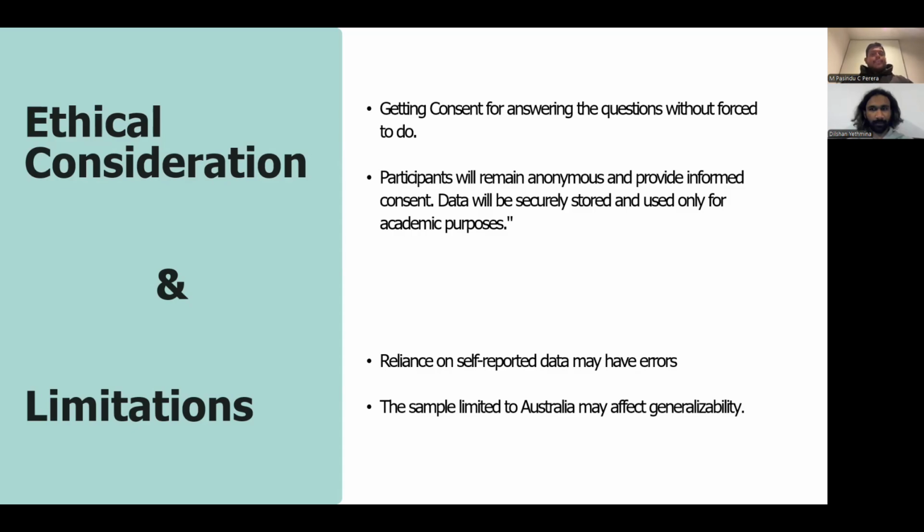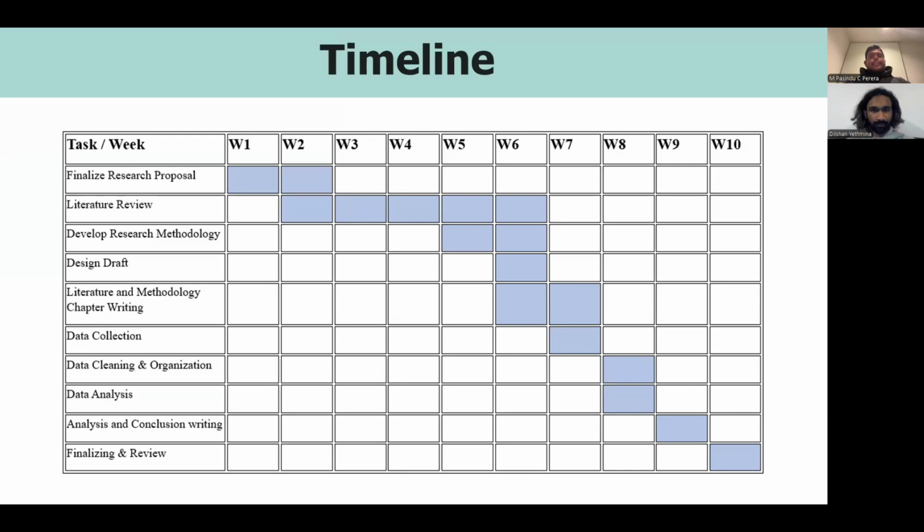So, in our ethical considerations, before we wrap it up, it's important to note that we have designed this study to strict ethical guidelines, particularly voluntary responses, anonymity, and securely stored data. We also recognize some limitations like the Australian specific focus, potentially limited global application, and the challenges of measuring something as complex as emotional intelligence through surveys. However, we believe these limitations are outweighed by the valuable insights we'll gain about the Australian virtual workplace specifically. Next, and this is our timeline table. Next,